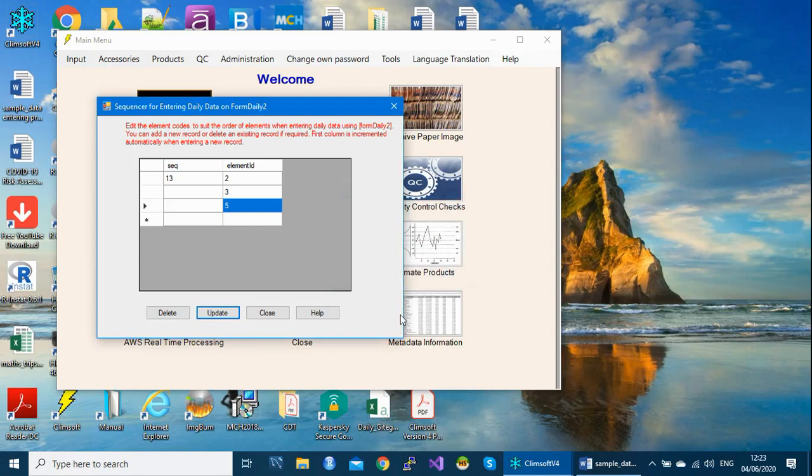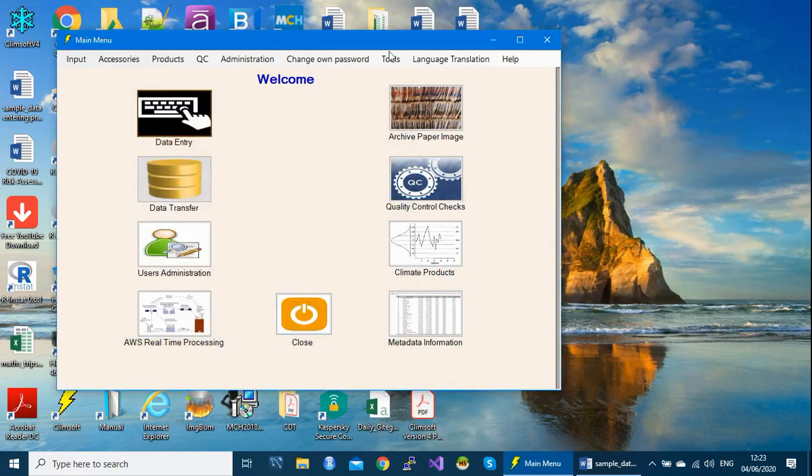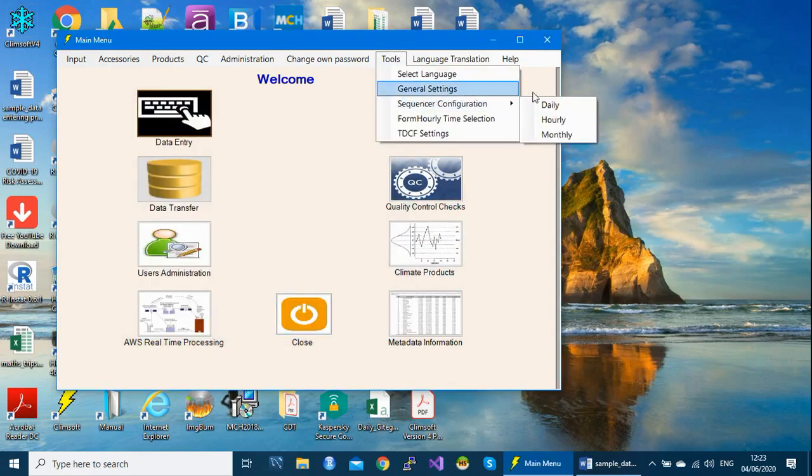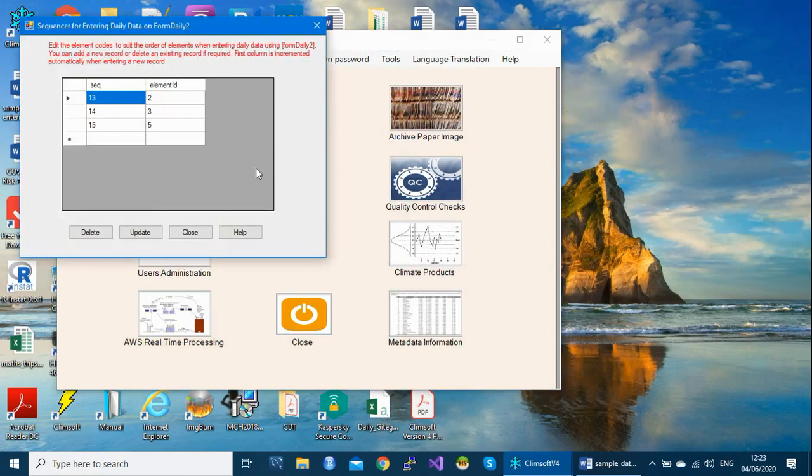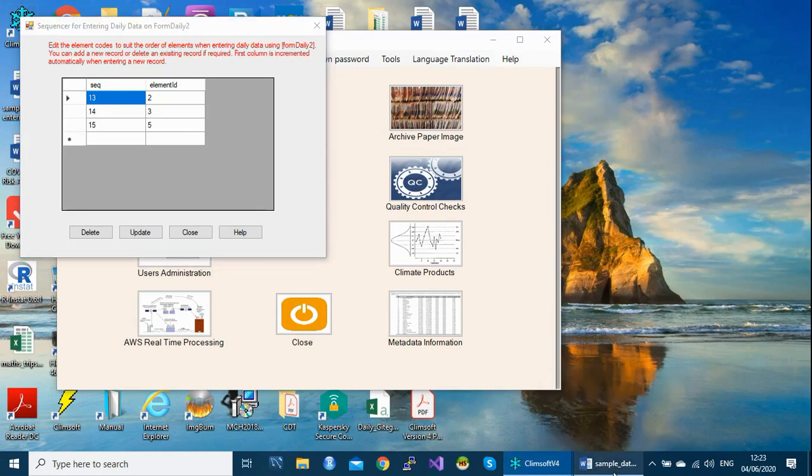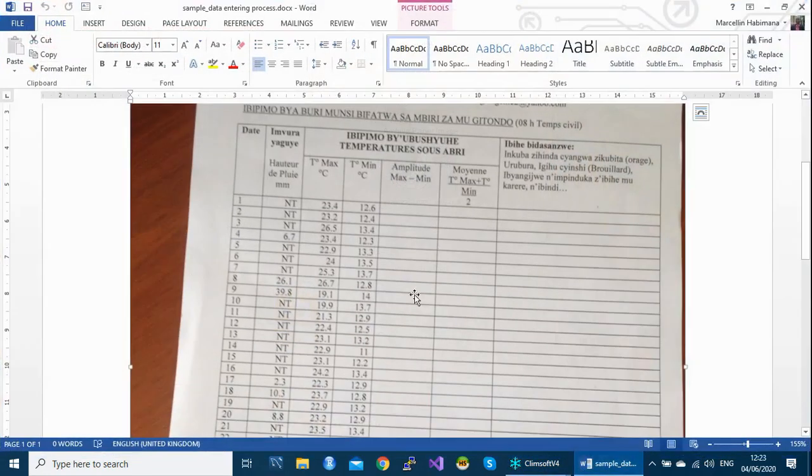Then you close and go back again to check. You see, now it has been set. This means that in this file you have precipitation, maximum and minimum temperature, so you need to set it for 3 parameters: maximum, minimum and rainfall.